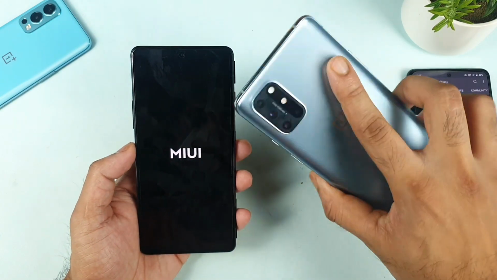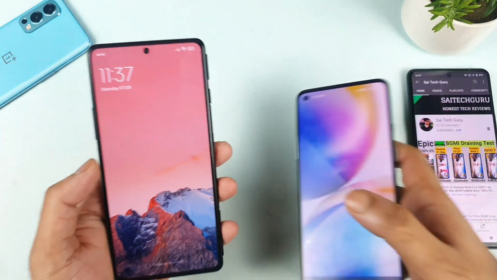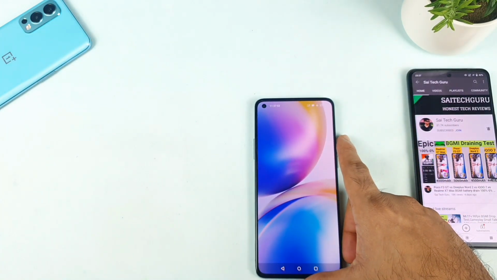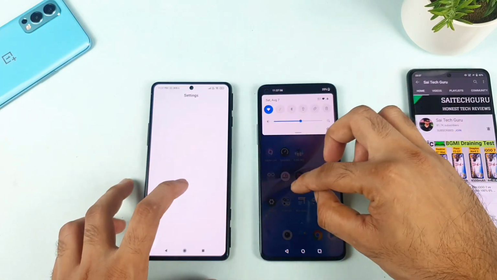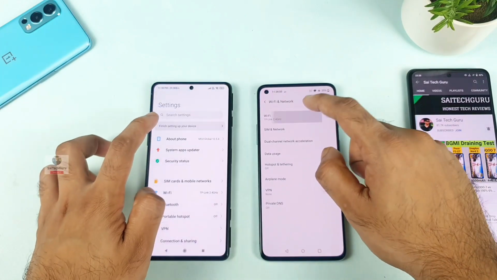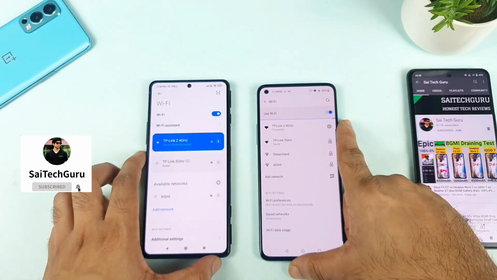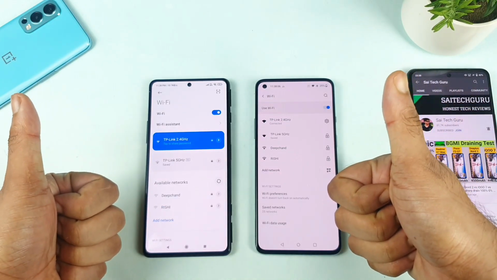I think, as you can see, the OnePlus 8T did reboot faster, not bad at all overall. And next, the POCO F3 GT did restart. The first step is to check the Wi-Fi connection. Which phone is connected to what kind of Wi-Fi network? Let me quickly go to the Wi-Fi connectivity. As you can see, both phones are connected to the same 2.4 GHz network. That's perfectly done, friends, clearly.